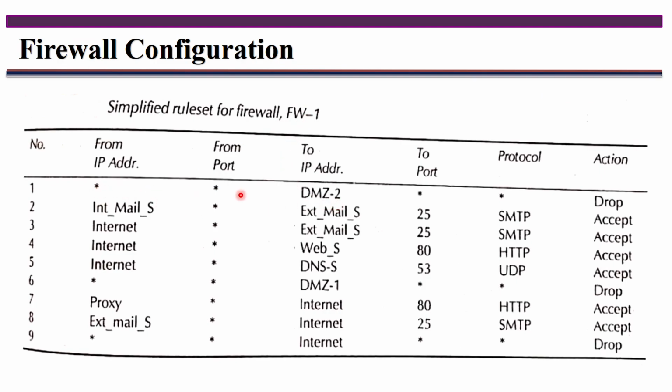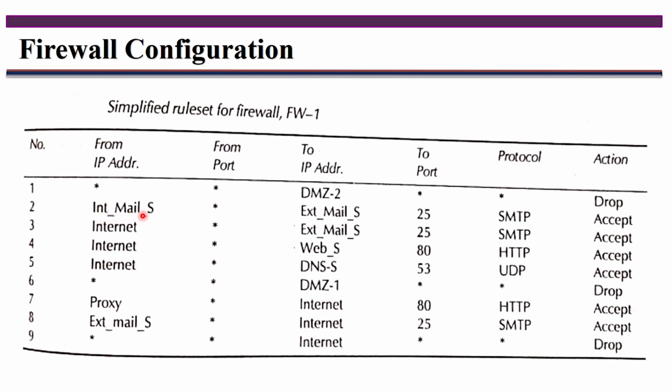Dash asterisk symbol means it is not established with an authorized connection here. So then for the demilitarized server also, it doesn't allow access; you have to drop it here. From the internal mail server to the external mail server, if you want to communicate, yes, you can accept that. So from source and destination IP address, it verifies, and based on that, it decides whether to accept or drop those packets.